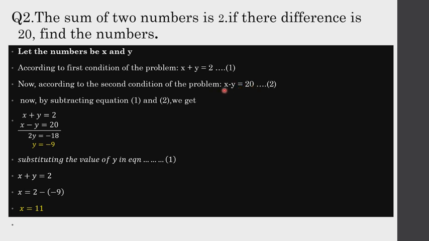Now you see that we have formed two equations with two variables each, and those variables are common. x is common in both the equations, y is common in both the equations. Since the variable terms are similar, we can actually solve them. You can either solve it by addition, but here we've started by subtracting equation 1 and equation 2.